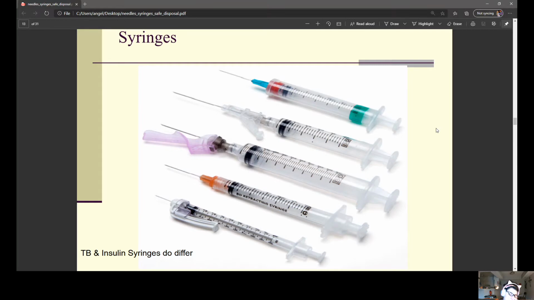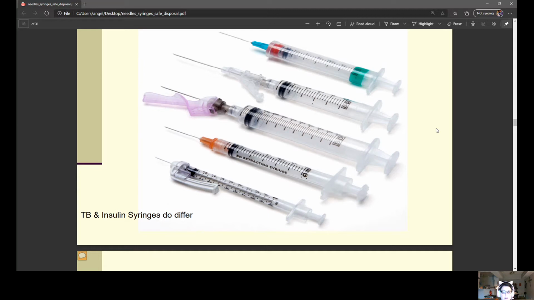And I'm going to be posting a printable worksheet to Teams. And I would like y'all to, if you can, print it or write it out, but make sure you review this. Your syringes, it's vital that when you pick up a syringe, you know exactly what syringe you're picking up. Because if you were told, I need that patient in room 2 to be given a dose of insulin, and you picked up a normal syringe and gave them